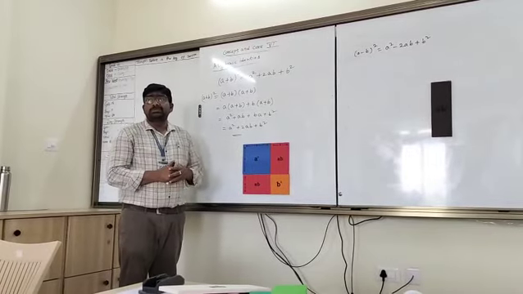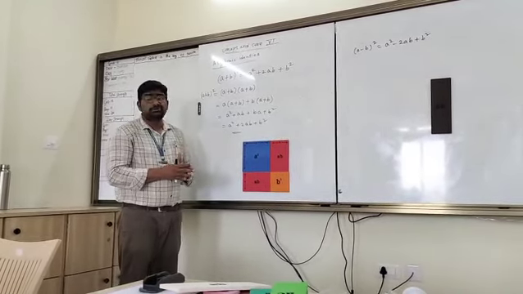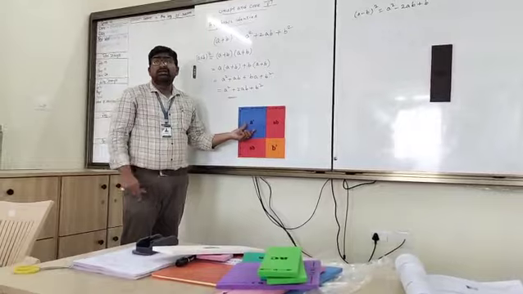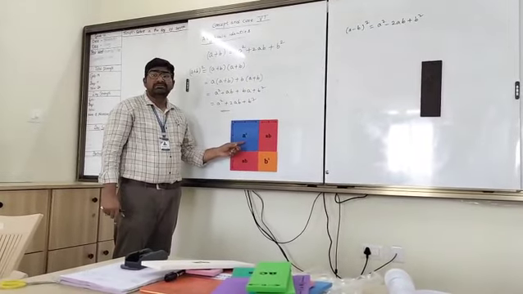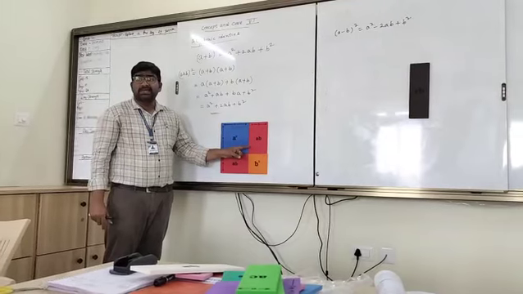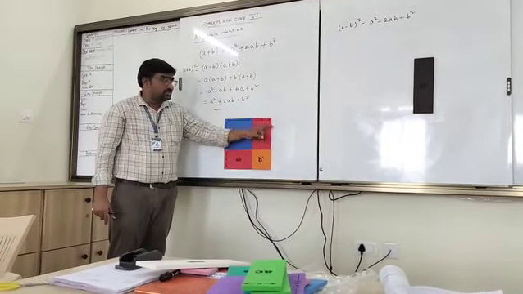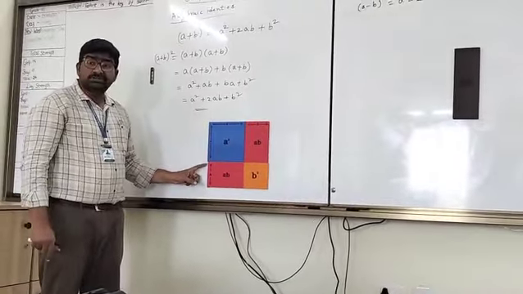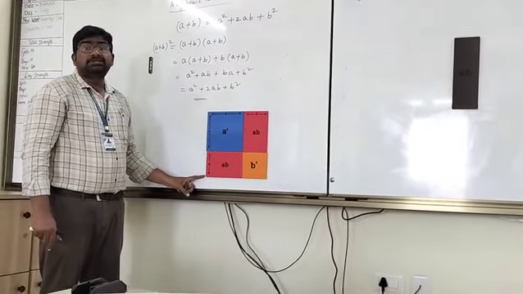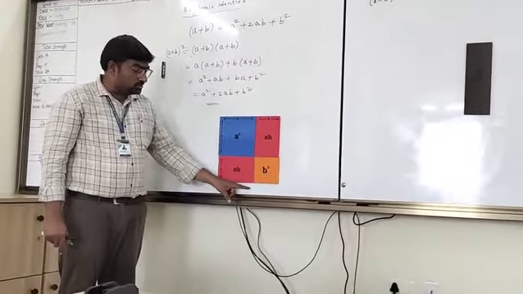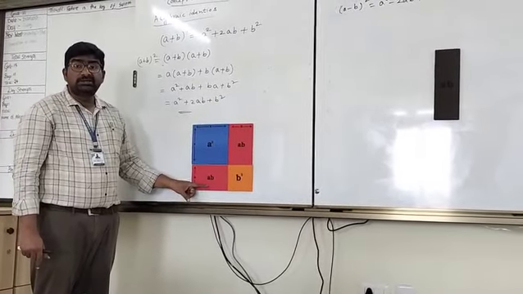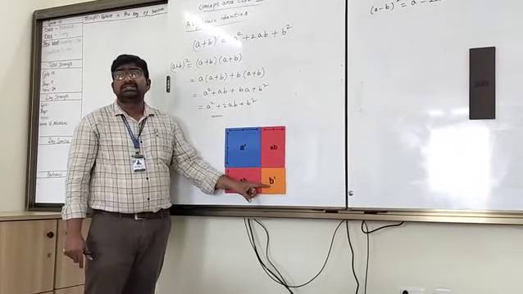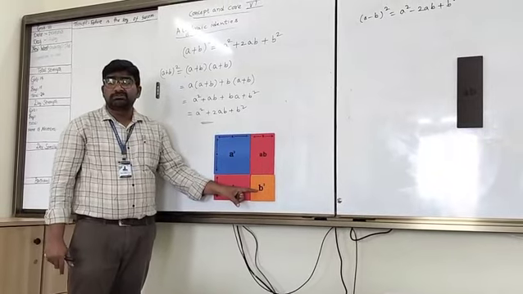Right. Now we are going to prove this. How? (a plus b) whole square is equal to a square plus 2ab plus b square by geometrical proof. See here, the area of the square is a square, and for one rectangle, b is the breadth and the length is a units, so the area is ab square units. Similarly here, b is the breadth of the rectangle and the length is similarly a units. This is also ab square units. The small square has length and breadth equal to b units, so its area is b square.